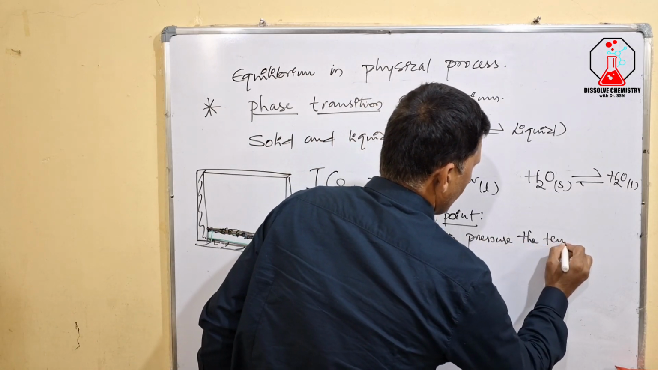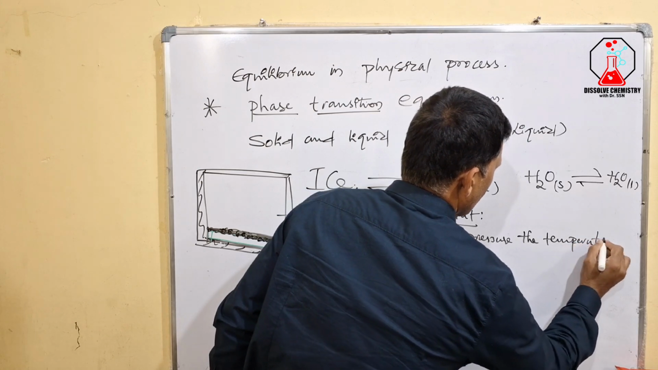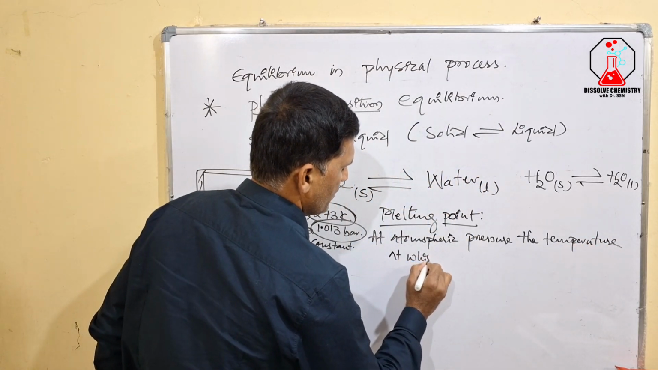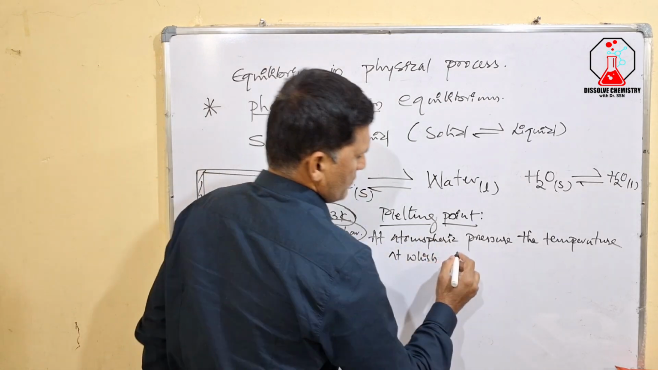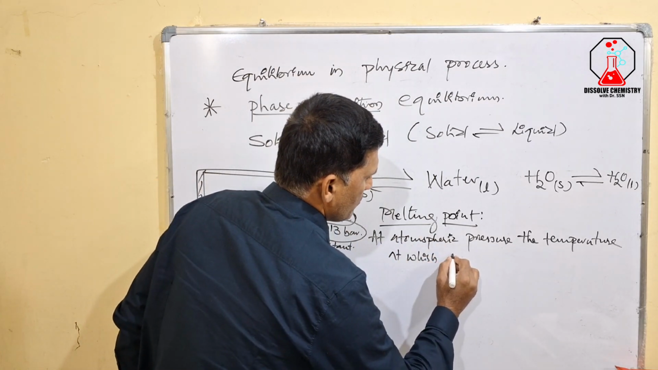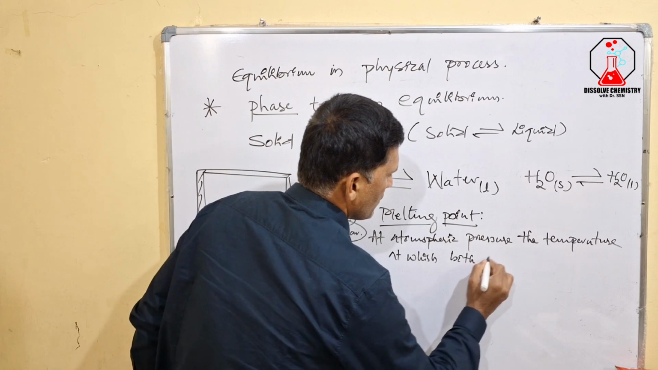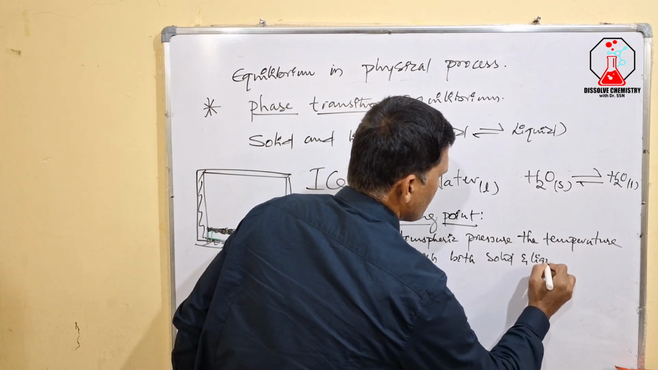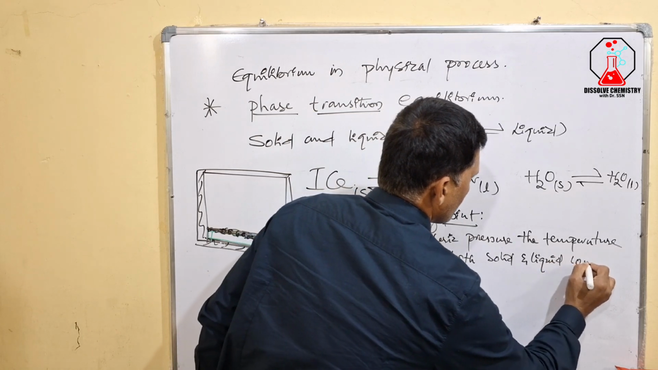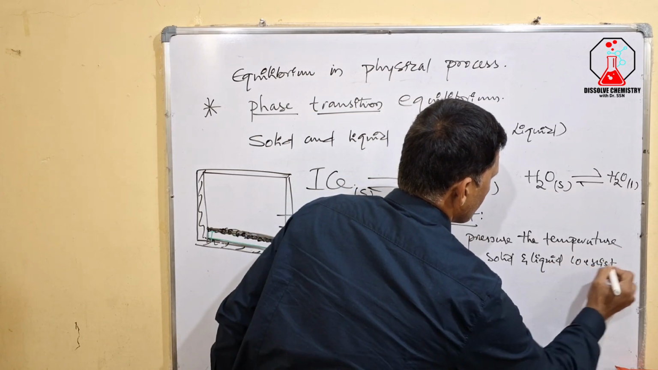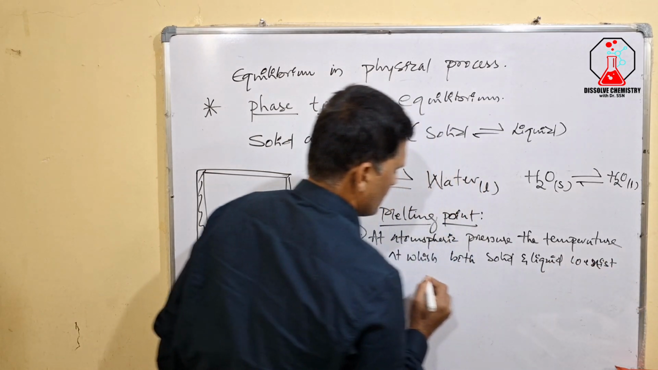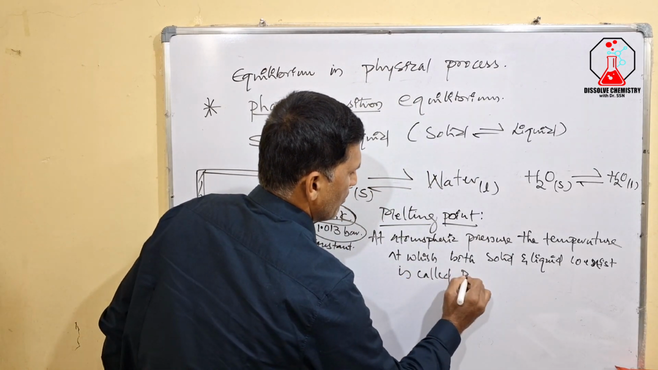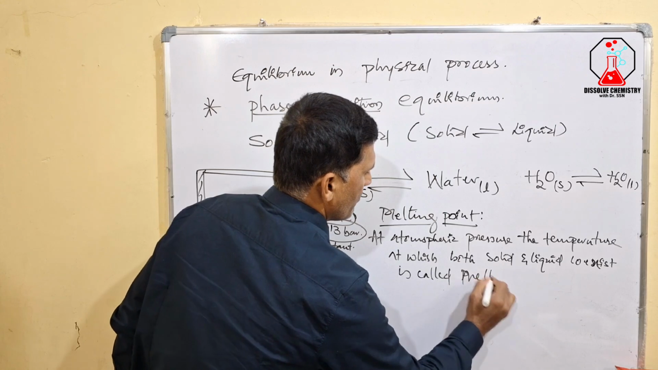the temperature at which both solid and liquid coexist is called melting point